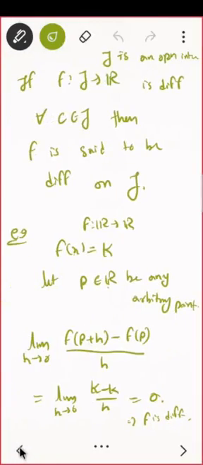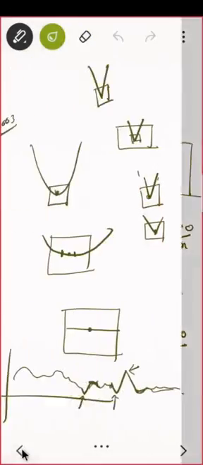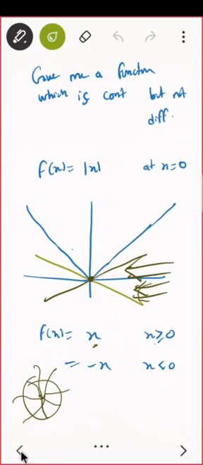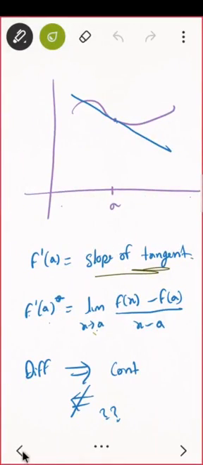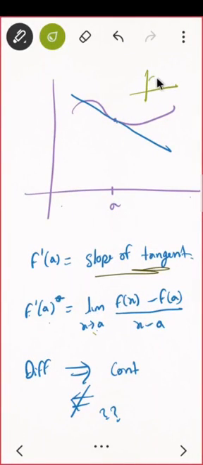Okay then, so please go through the definition of differentiability. See what is the definition and graphically meaning क्या है इसका, because ग्राफ देख के भी तुमको समझना चाहिए whether it is differentiable or not. See continuity हम लोग डायरेक्ट बता देते हैं ना कि ये continuous है कि नहीं. There is a break in between, so it is not a continuous function. Similarly, now we are at the stage that we can see whether it is differentiable or not. If you are having any edge here, so it is not differentiable at this point. For continuity, it should be freehand drawing, you can say. And for differentiability, you should see there should not be any edge in the graph.